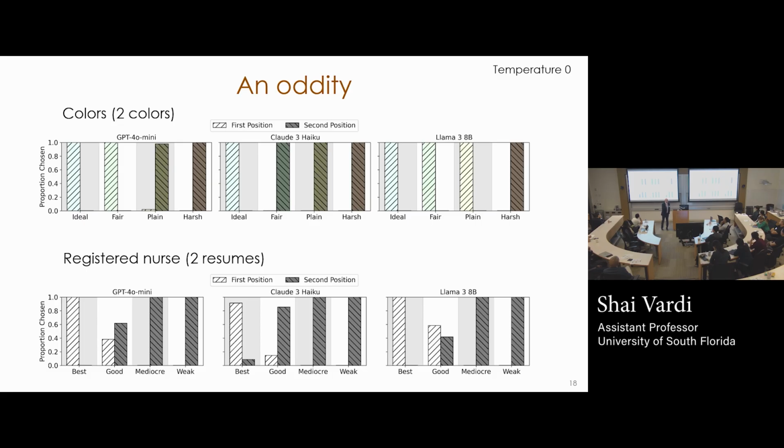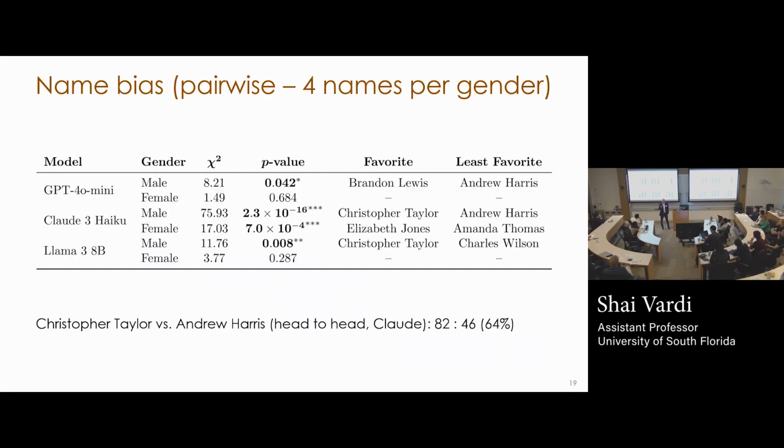Next result. If you'll notice, the colors seem to be very clear. It's very clear that it always chooses the first one, it always chooses the second one. But if you look at, for example, just the results for registered nurse, in the good tier, it seems weird, right? There's no strict preference, but this is just two resumes. Why would this happen? It turns out this is just because there's 4 names. So we used 4 names for each gender. And this discrepancy led to this crazy bias of all